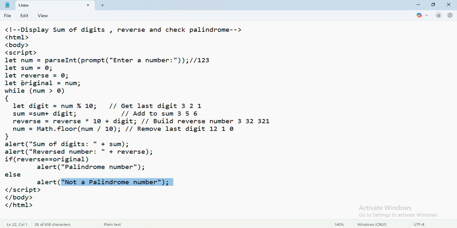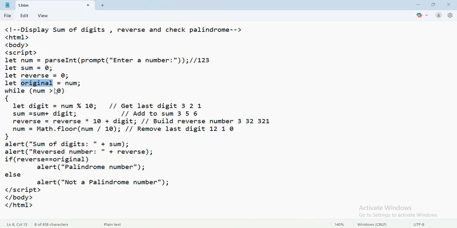Okay, we have declared one more variable, original, to store the original value, because you have seen the num value at the end will become 0. So that's why we have taken one more variable to store the original value. So this is how the simple program will work for displaying the sum of digits, reverse and palindrome.